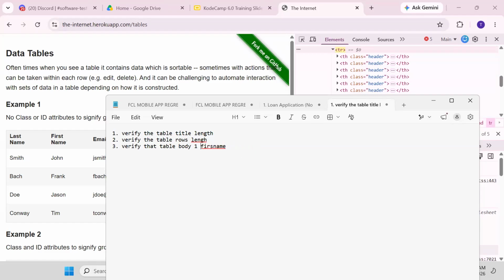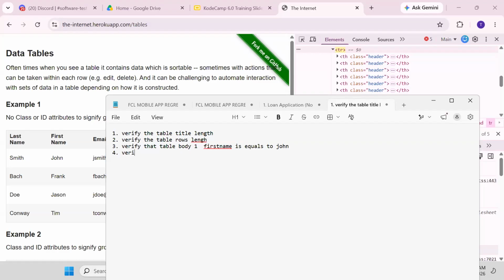Let's do this. Table body one. I'm just trying to generate test cases like our normal manual test cases that we used to write, right? Verify that table body one contains table body one first name is equals to John, and